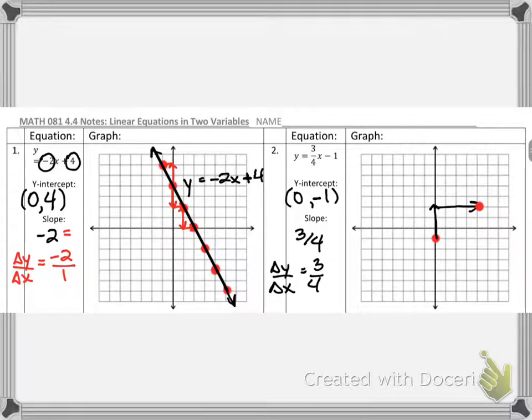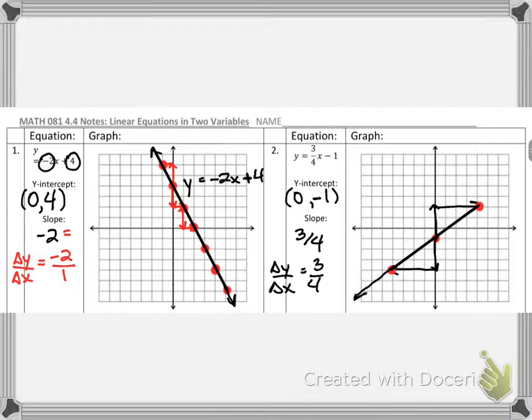It looks like we can't fit any more points to the right of this. But what if I wanted to go the other direction? Well, I could go down 3 units, and then I could go to the left 4 units, and that would give me another point. Generally speaking, you want to have as many different points as you can on a graph,